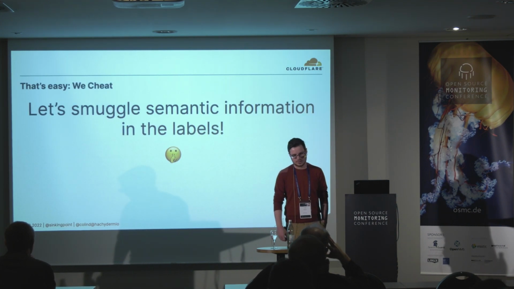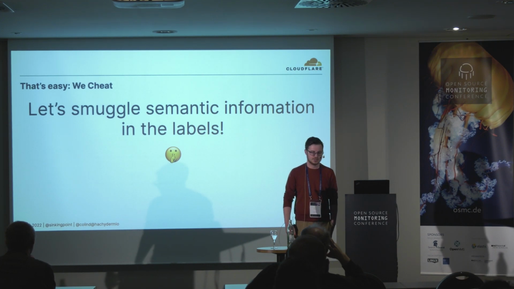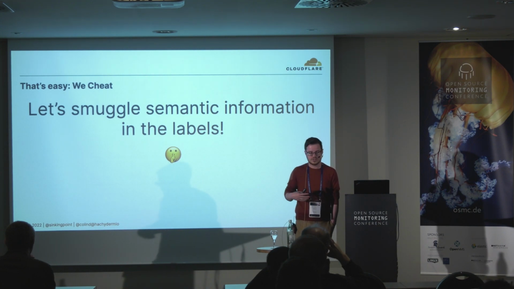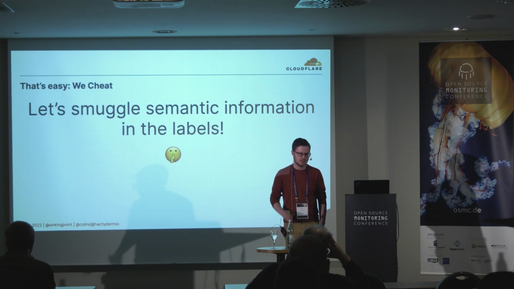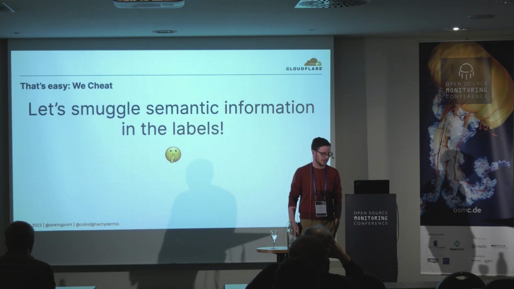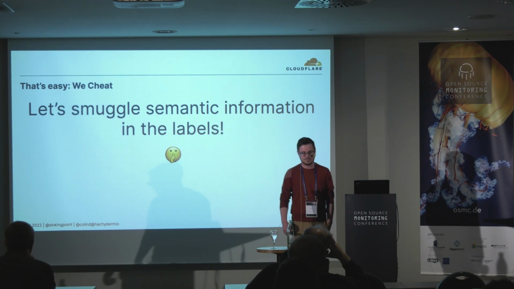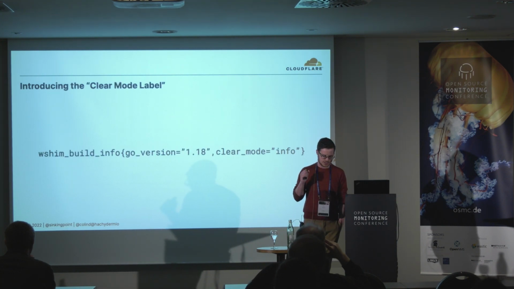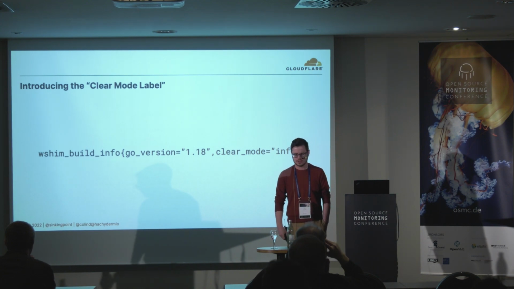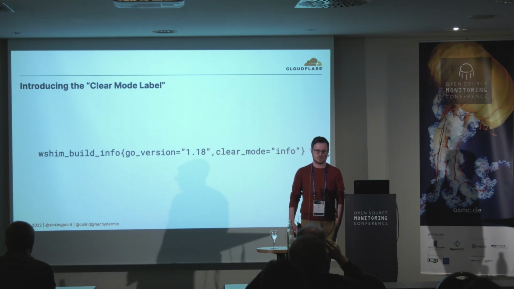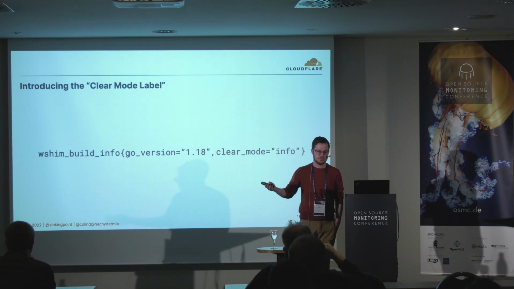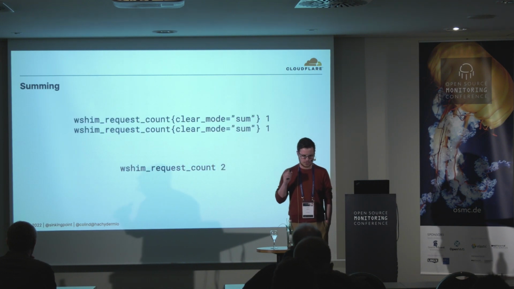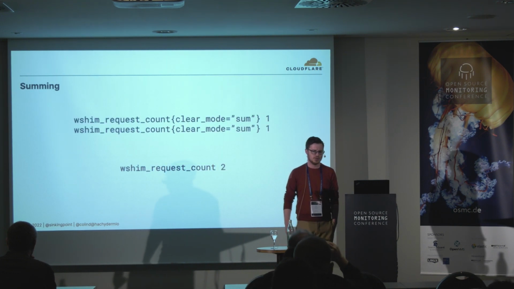And so there's a number of different configurable fields in the text exposition. We could throw something into the help text, maybe. We could do something with the metric name, but ultimately we decided let's just throw in a label, because that's the most free-form part of text exposition you're going to get. And so that's what it looks like. In the Gravel Gateway, you can define a clear mode that defines how the gateway will aggregate your metrics. For example, you can specify a clear mode of sum, which